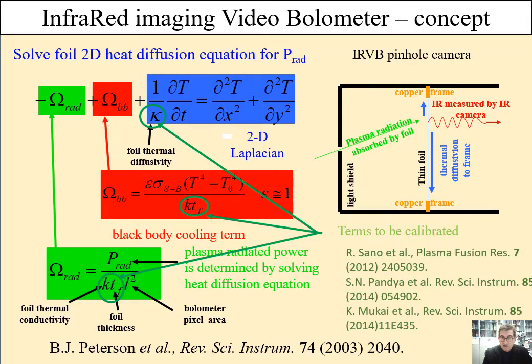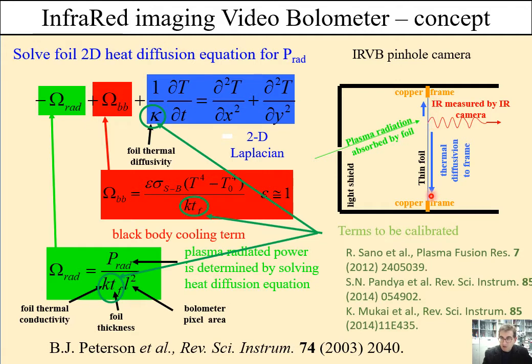So let me first explain the imaging bolometer concept. Here we have a foil inside of a pinhole camera arrangement where the radiation is coming through the aperture and is absorbed by the foil. Then the heat of that radiation either diffuses to the frame at the edge of the foil, or it's re-radiated in infrared, which is measured by the infrared camera. So using the infrared camera, which is on this side of the foil, we can measure the temperature profile,